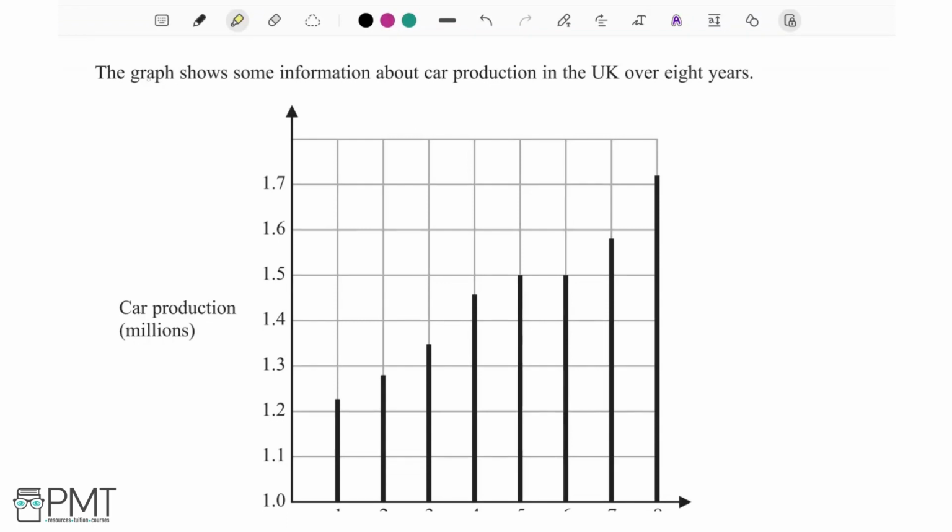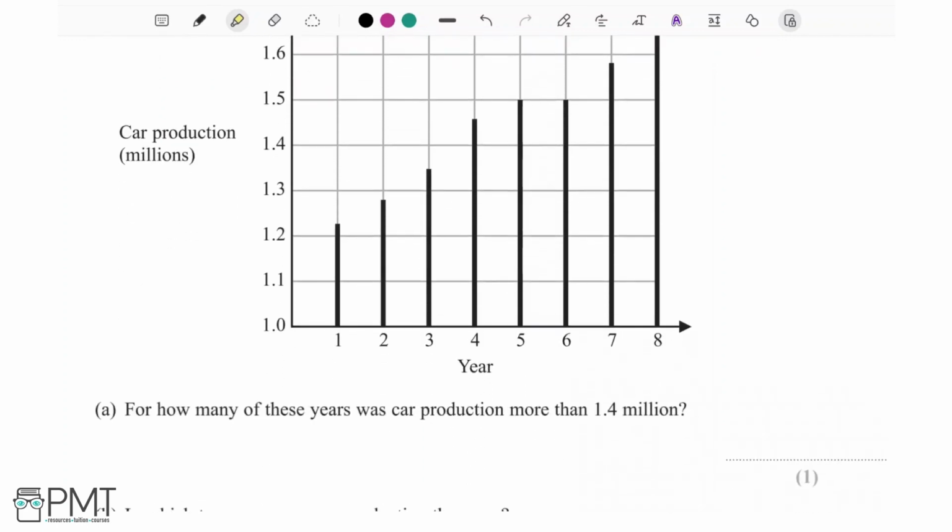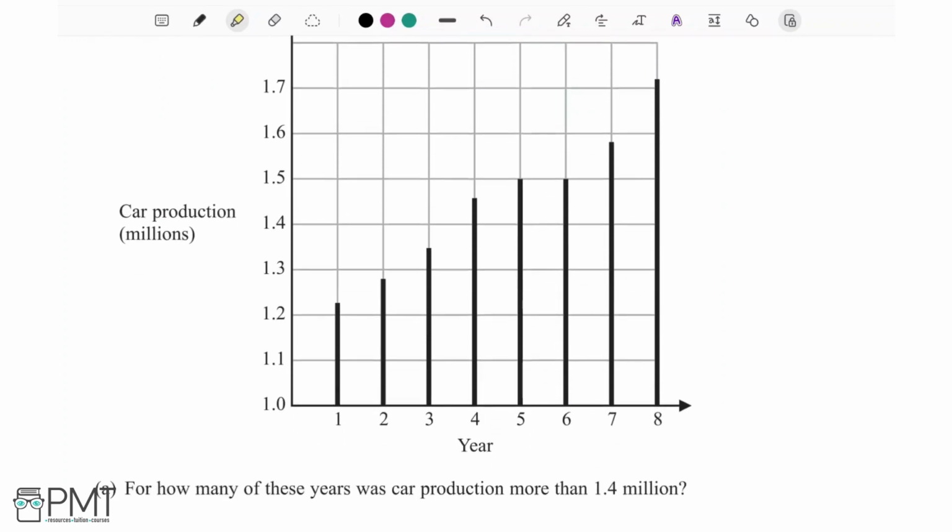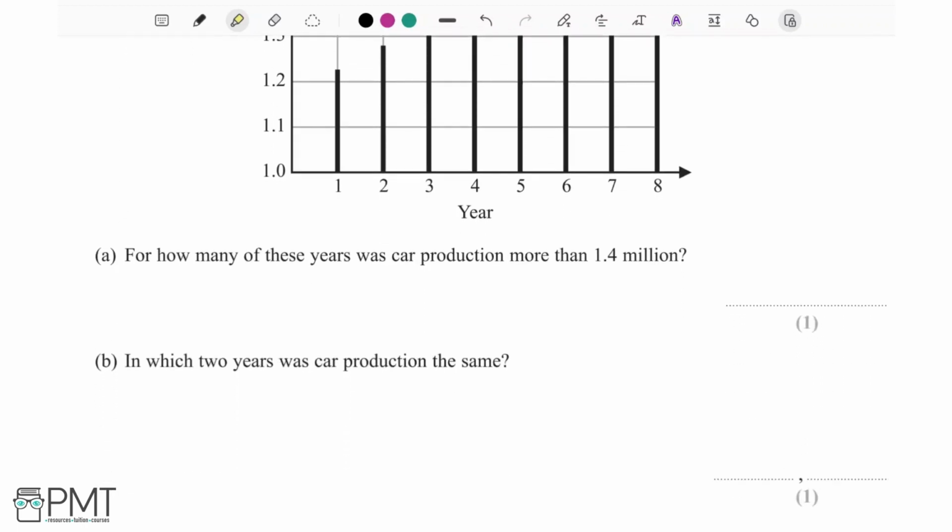We are told the graph shows some information about car production in the UK over 8 years. Okay, so here's our graph. We have car production on the y-axis in millions. Okay, so this is 1.2 million, 1.3 million, etc. And we have the year as the x-axis. The question part A has asked us, for how many of these years was car production more than 1.4 million